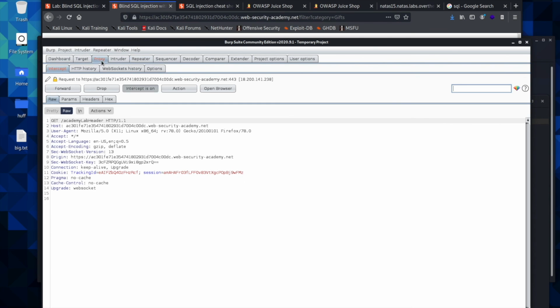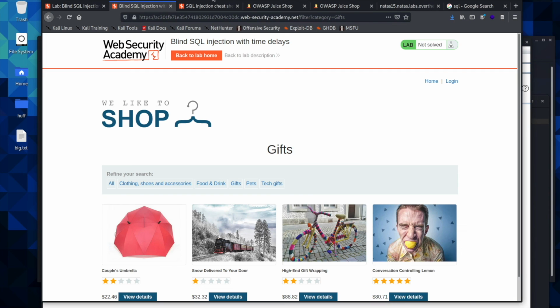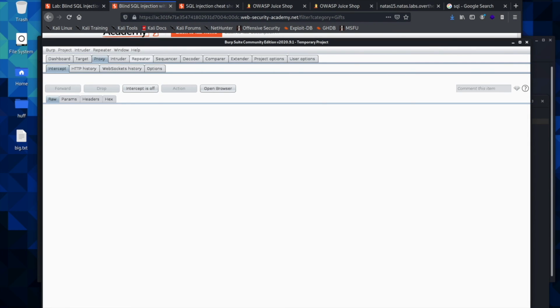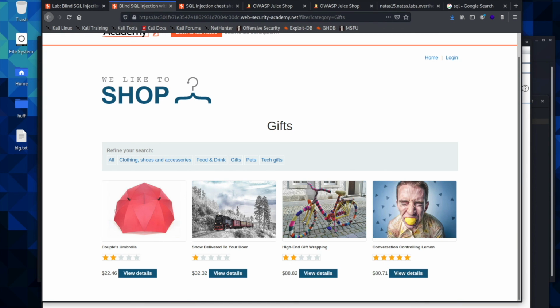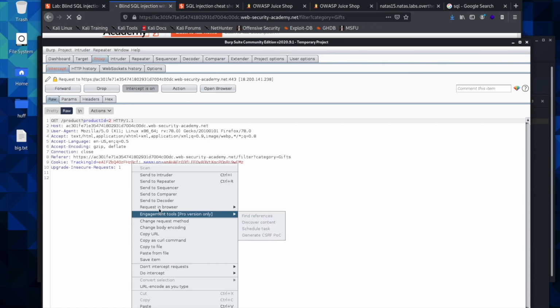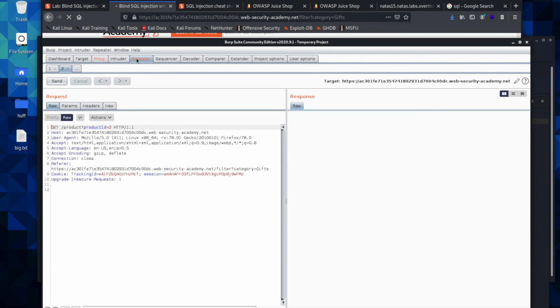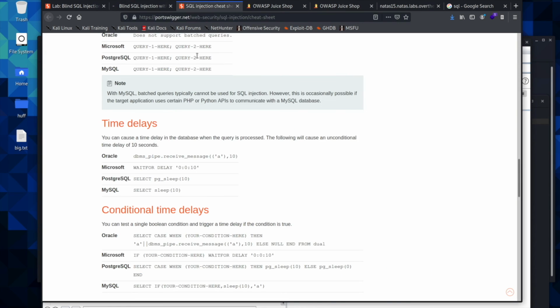I'm actually going to go ahead and go to an item so that I know I'm in the right spot and you guys don't have to watch me fumble around like you are right now. So we'll go ahead, send that to repeater, and the SQL injection that we're looking for with the time delay is the PostgreSQL right here. So what we'll do is we'll use this syntax right here, the PG sleep 10,